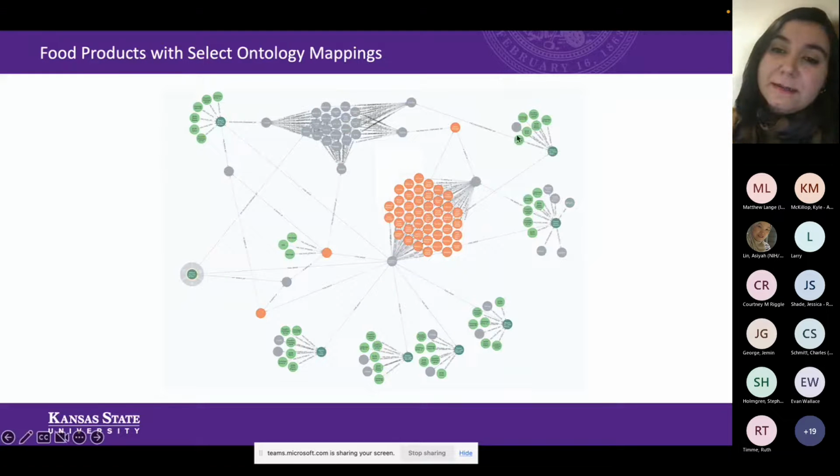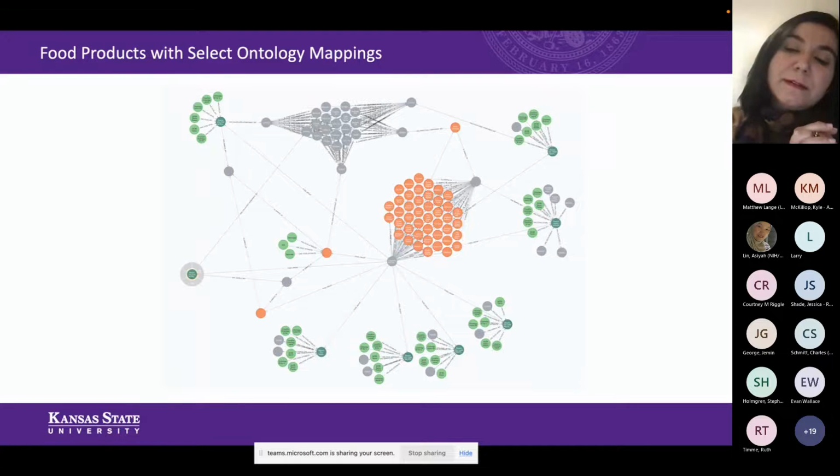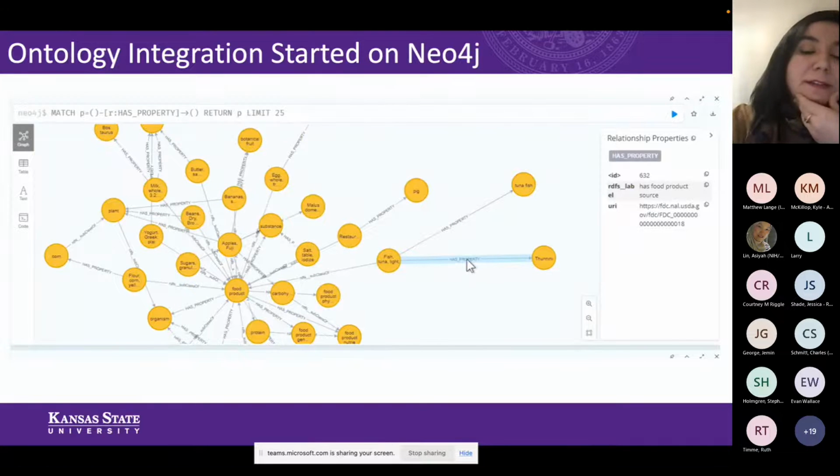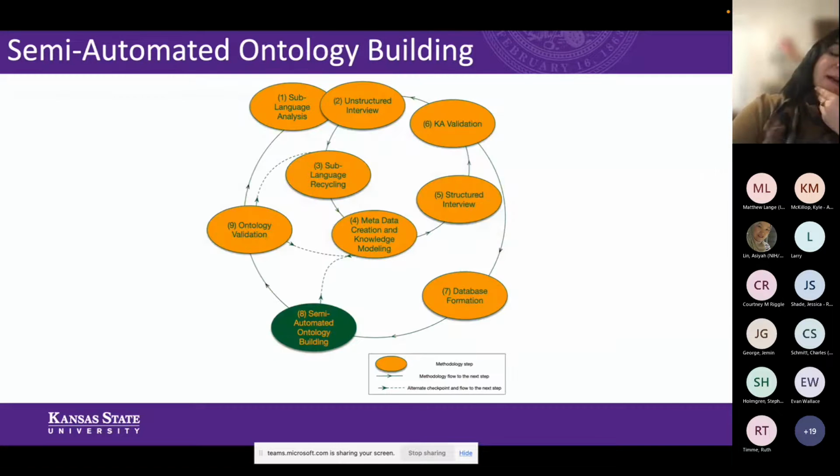And here, the little green nodes show the different ontology mappings available currently at the FDC. And of course, we also started integration of ontology on Neo4j at the USDA as well.